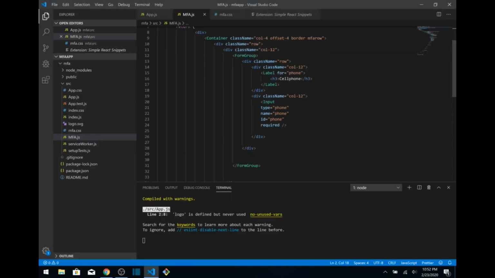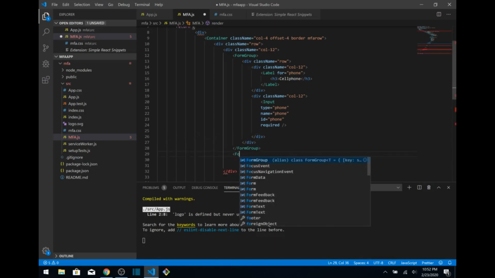And I'm going to keep going and maybe build another division so I can put this command button, and of course a place that the user can enter the code that they received through the phone. So the form group is done. We're going to create another form group. Basically, we group all these elements